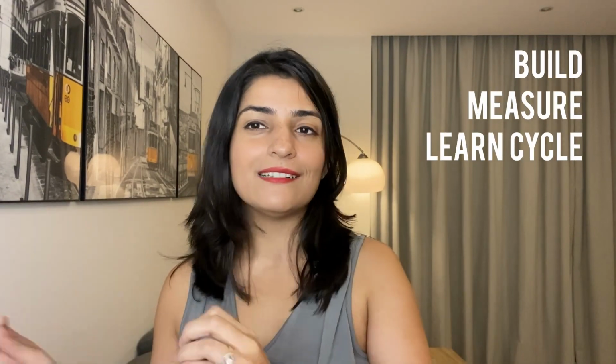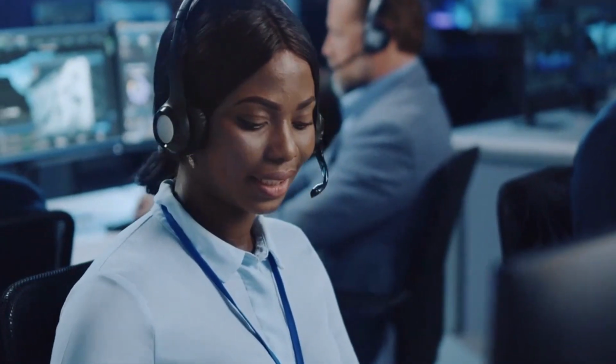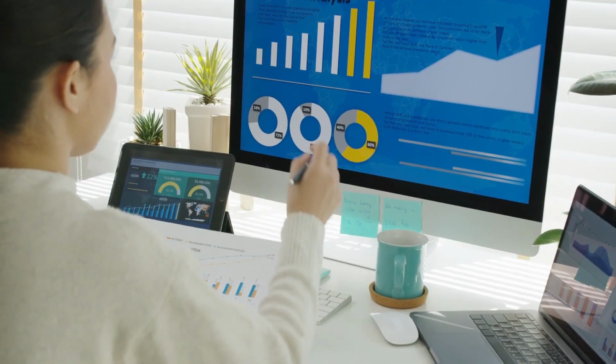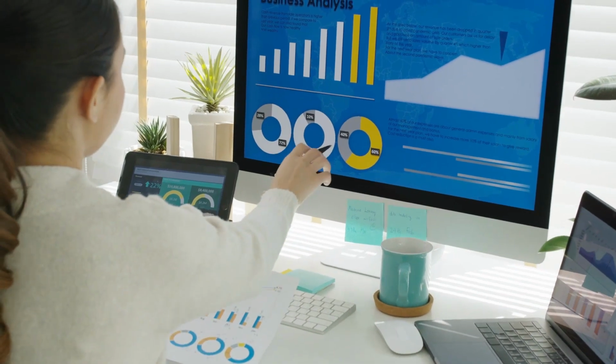The success of the lean startup really lies in the build, measure, learn cycle. Basically, this means that you build something, you take it to the market and you take their feedback, you analyze their feedback through data or user surveys, etc. And then you keep enhancing your product. Want to learn by an example?